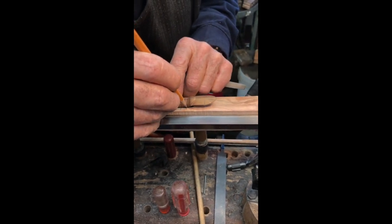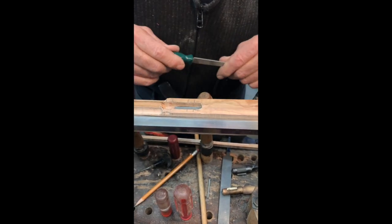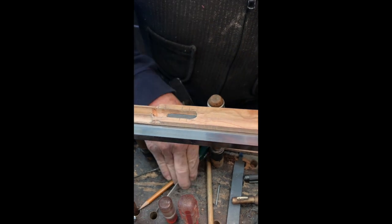You can see the front has dropped right down in already. Now that it's going down there, we'll add a little bit more to our line just to get around the bump at the beginning, at the beginning of where this swells out here. Take just a little more with the file. And then